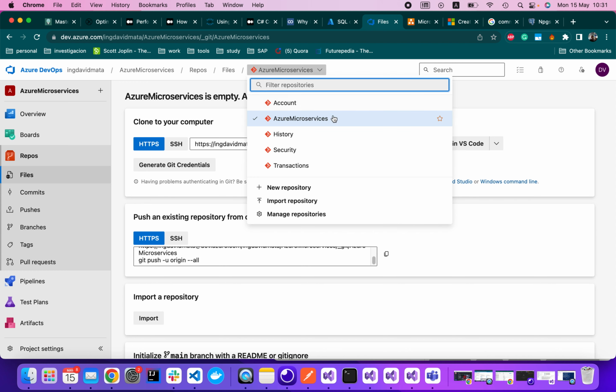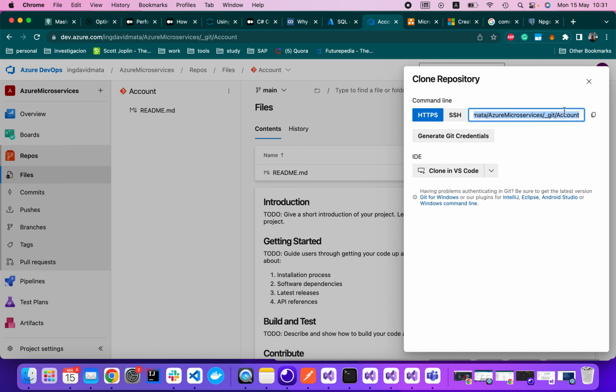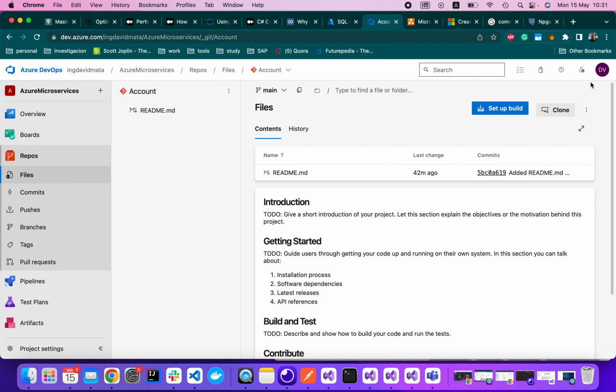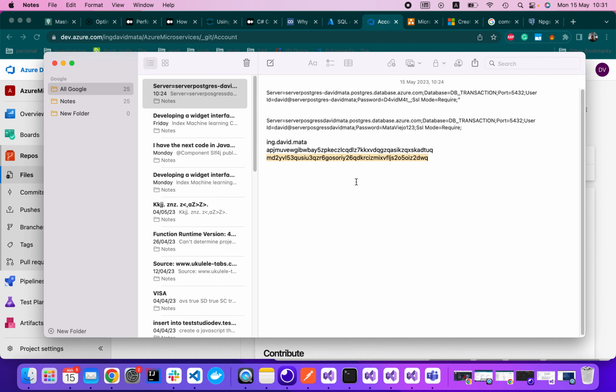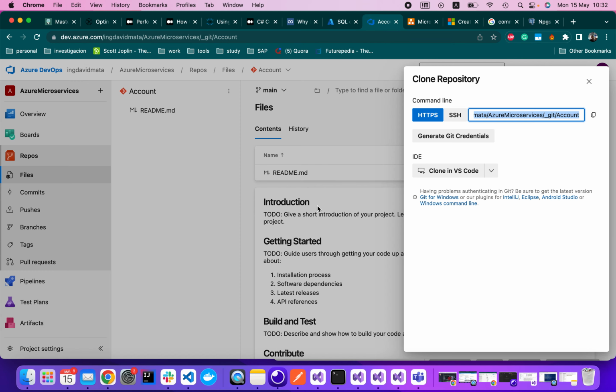Now, once you have everything, go to, for example, account, clone the repository, generate a new credential. It's gonna ask to generate a new user and password. Copy the password, paste it somewhere secure, and then just clone the application. Copy the URL,